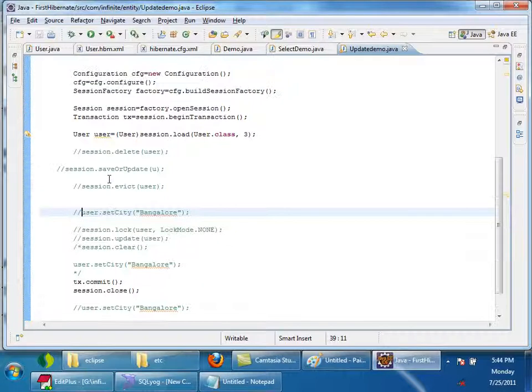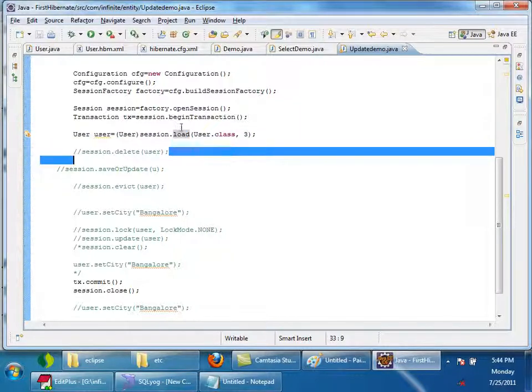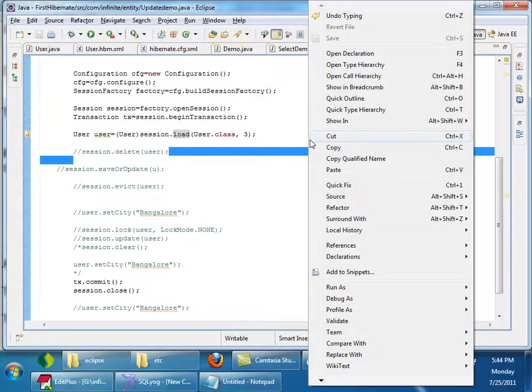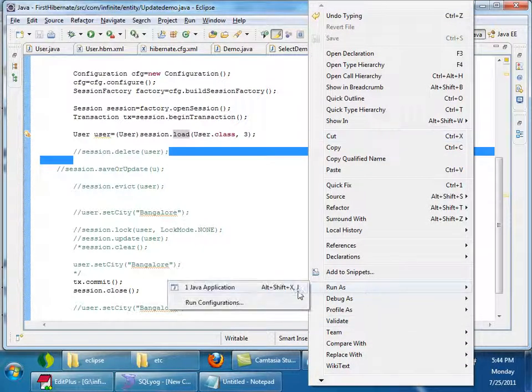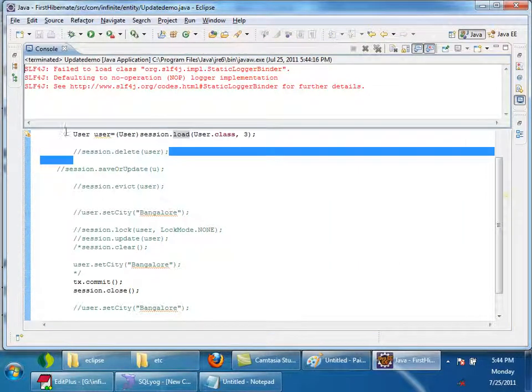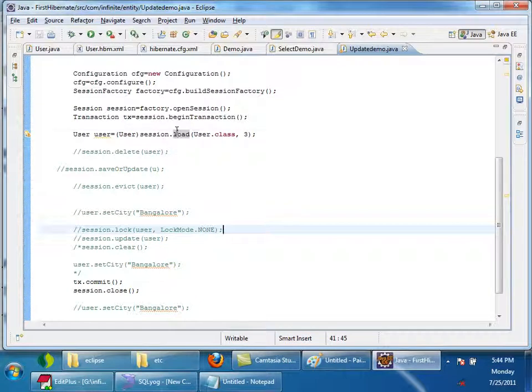Now see here, I am saying session.load. Will it fire a select query or not? You are expecting it to fire a select query. Let me run it and show you. No, select query is not fired, even though I said load. What is happening?